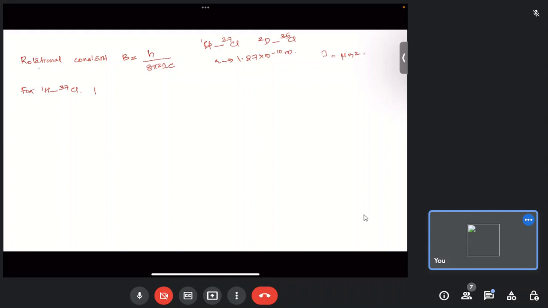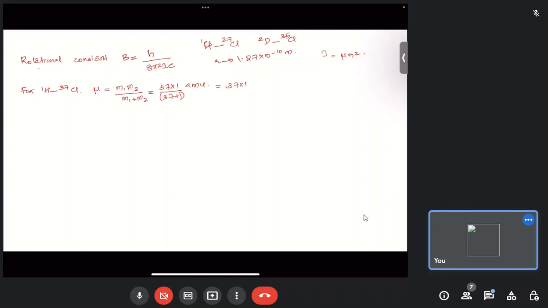Let's find what is mu for this particular system. So mu is m1 m2 divided by m1 plus m2. So this is equal to 37 into 1 by 37 plus 1. This is in AMU unit,